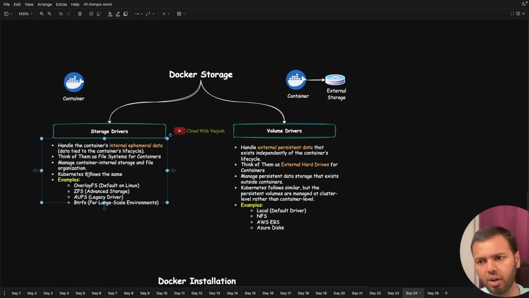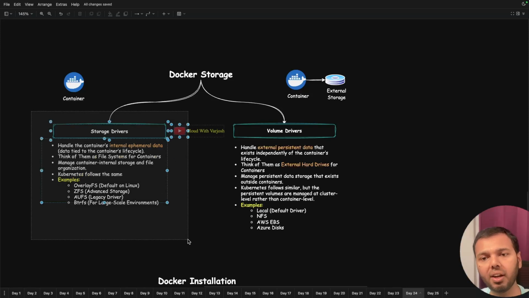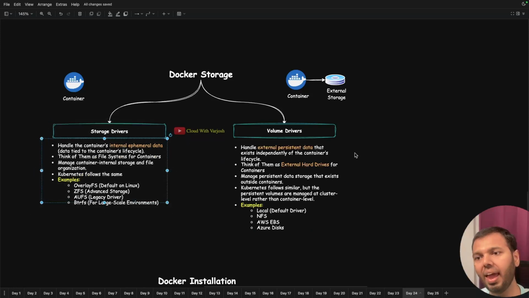If you create a pod and then you write some data in the container that is part of that pod, and then you terminate that pod, then your data is essentially gone. Because that container's writable layer was ephemeral. So as soon as the pod died, the data went away with that. So the ephemeral data part is handled by storage drivers, and then there are